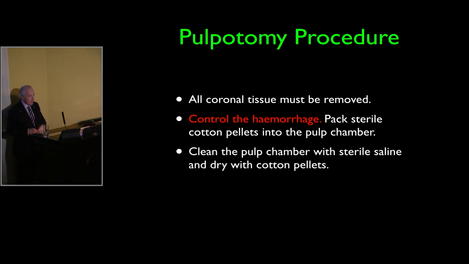Control the hemorrhage. When you go to do a pulpotomy, what you do is you open up with a Fisher burr. In other words, you de-roof the pulpal chamber. You get a massive amount of hemorrhage there. You remove all of the pulpal tissue, and the best way to do that is with a round burr rotating